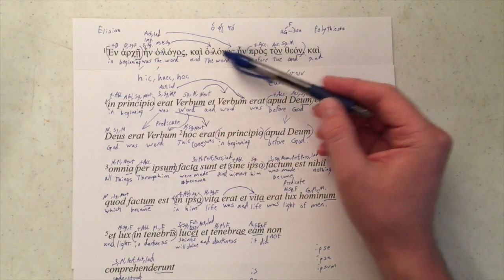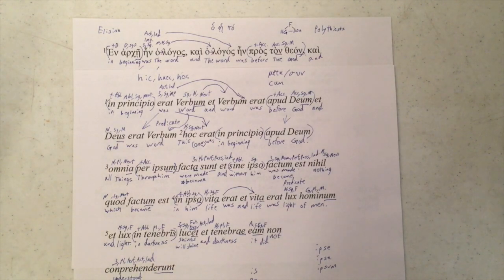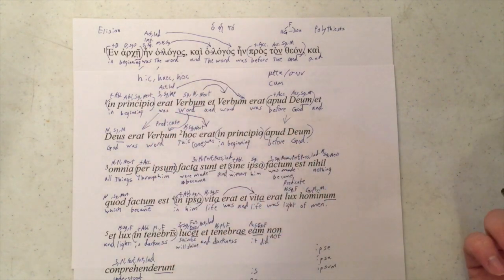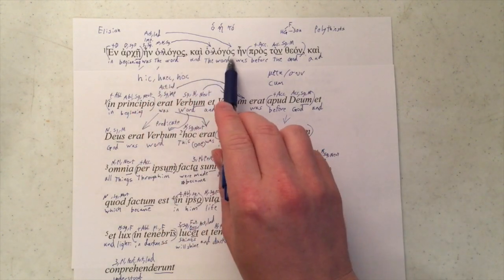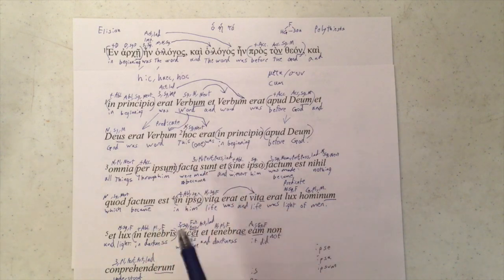Since the Greek text is the original, I'll be presuming that... brain failure there. It's the original text that we have. We don't have an Aramaic version of John, so we have to treat this as the original source. The Latin Bible here, the Vulgate, is a translation of that, and it thus